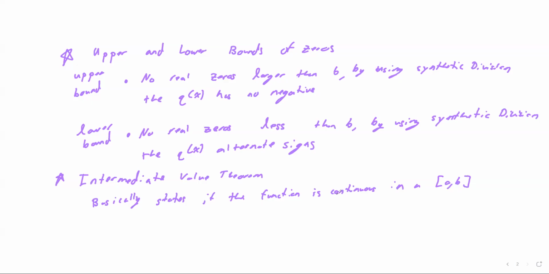So it basically states the function is continuous in a closed interval a to b, where a is less than b and a is less than c, which is less than b,